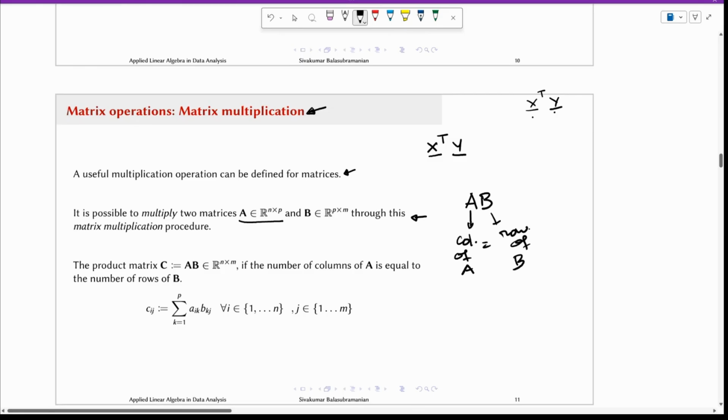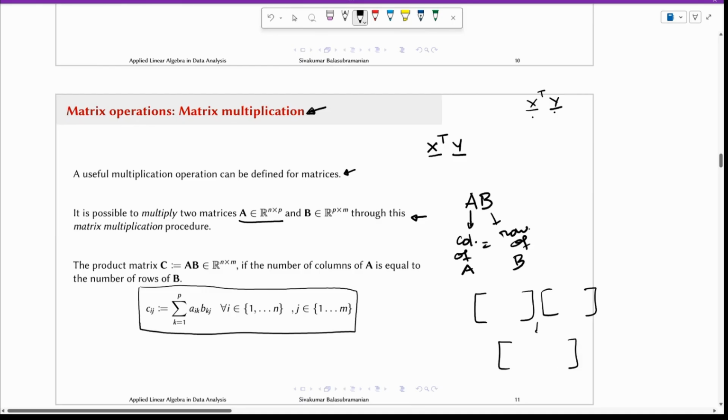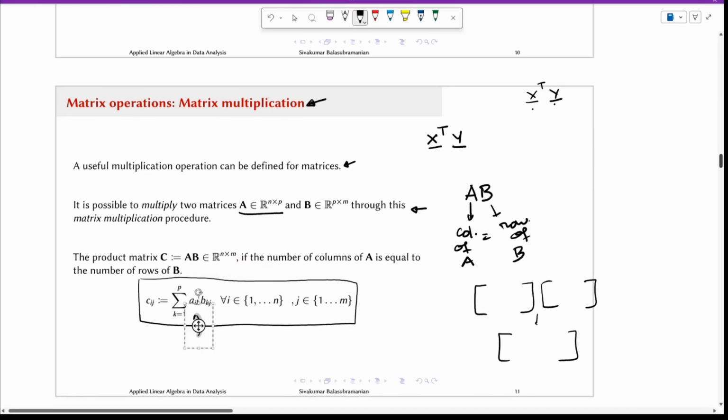Right? And the definition that you might be very familiar with is this definition. If I gave you two matrices like this, and I asked you to produce the product of the two matrices, you'll give me the individual elements, and you know how to do it. Take each row, multiply the elements of a row with the column, and then you produce a scalar. That's essentially this. What you might know from your 11th or 12th maths is this operation, where you know how to compute the ijth element of the product matrix C. So let's say the product is C,